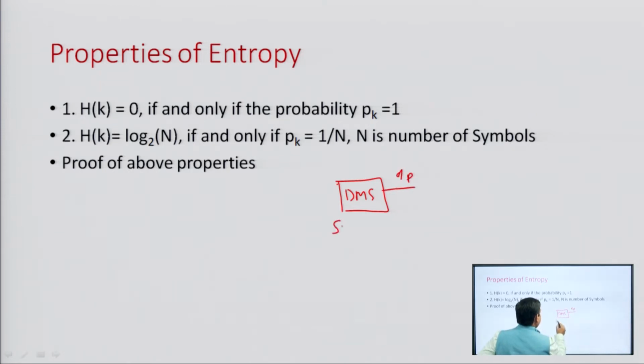Suppose this is source S with symbols S0, S1, S2 up to Sn minus 1. Suppose n symbols within that set and one can come at the output at a time. Then the discrete memoryless source has entropy H,